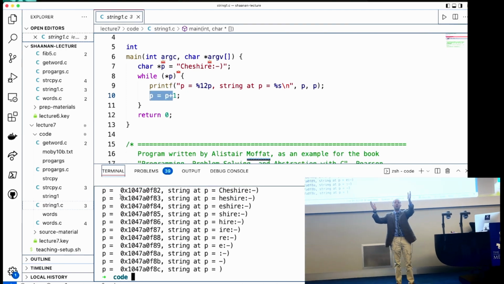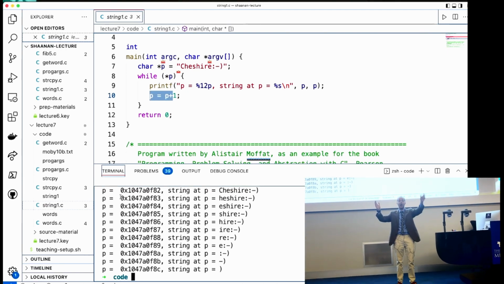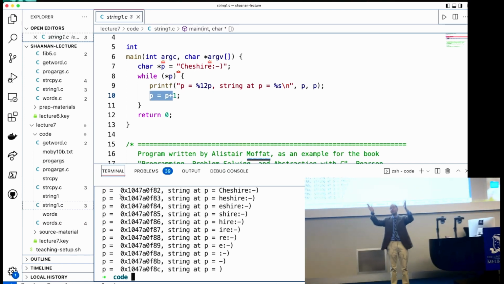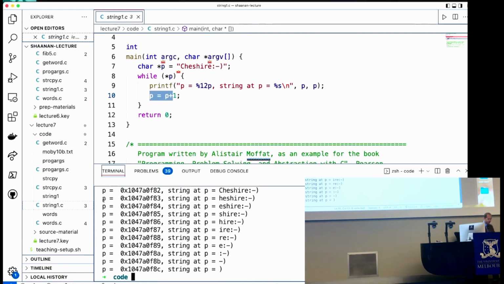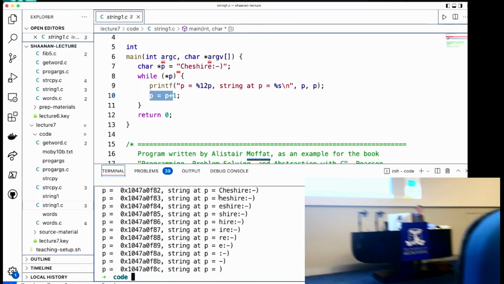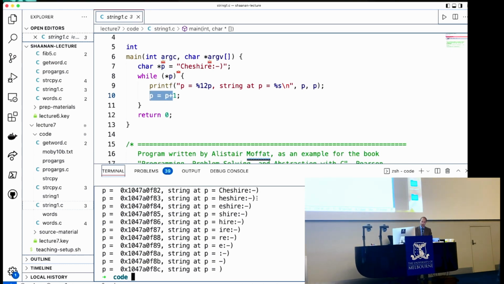But if we move along and start only at the address after the first character, we'll still see a string. It's still a sequence of characters, and it's still terminated by a null byte. However, this time, because we've moved one along, we no longer have a view of that very first character. And so instead of seeing the whole string printed, Cheshire, smiley, we now just see Heshire. And as we increment our pointer, our address moves along by another byte, and we see an increasingly smaller suffix